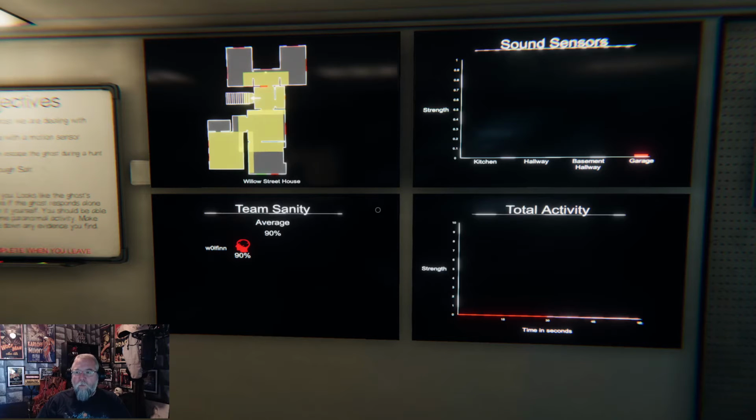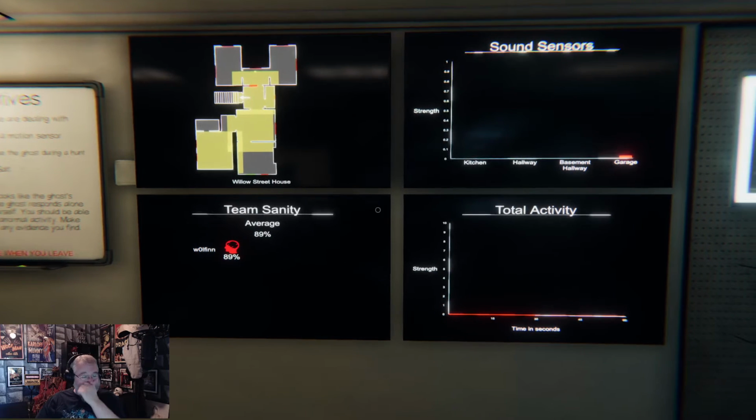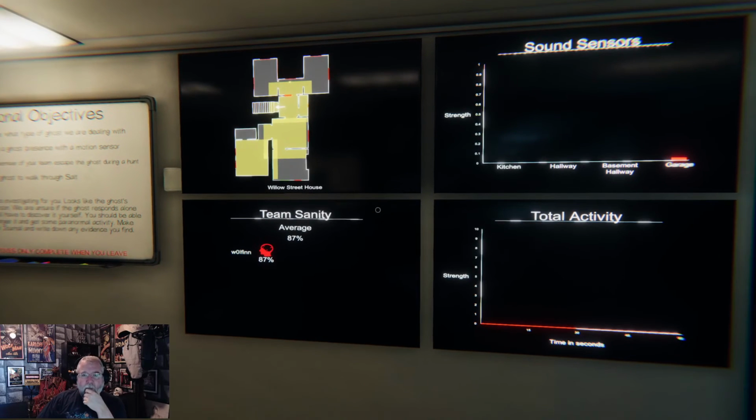I don't know why. If we're getting anything in the garage, it's usually because there's something downstairs, but yeah, I'm almost definite the ghost is down in the basement. Just being kind of quiet down there. But if we're going to change...